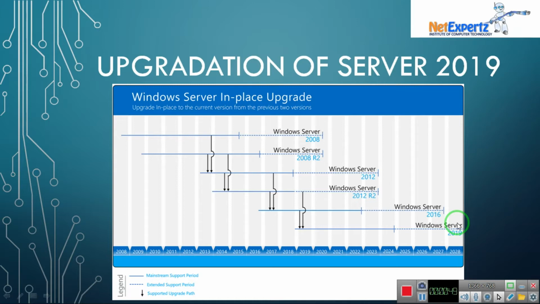This is known as an in-place upgrade. In-place upgrade means you can upgrade one edition at a time: 2008 to 2012, then 2012 to 2016, then 2016 to 2019. We can go from 2012 to 2019 directly as well. Imagine right now I'm using Server 2012 and I need to upgrade directly to Server 2019. We can, but Windows provides you the in-place upgrade, where we go one by one, like 2008 to 2012, then 2012 to 2016, then 2016 to 2019 editions.